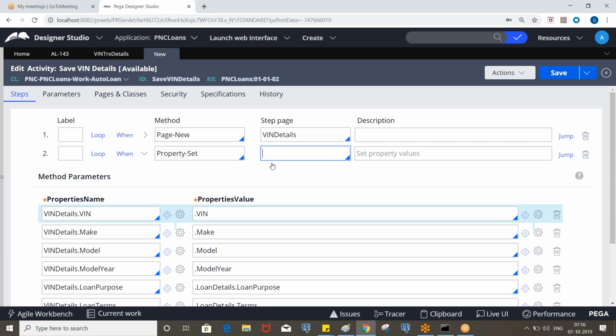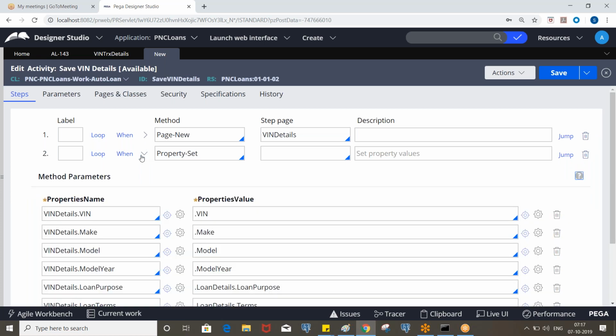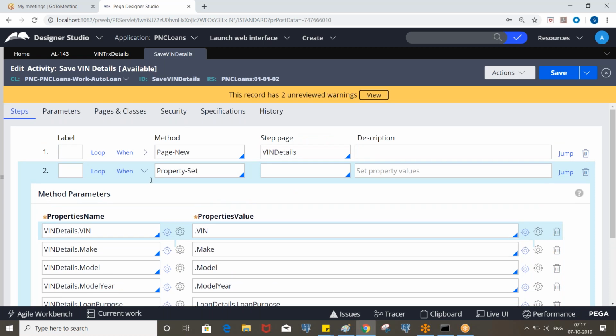So here we are using the page. Okay. And you specify win details, and here you can put primary dot win like that. Okay. Clear? So now we are going to invoke this activity in the utility shape. So utility is one of the flow shape, where we can invoke activity. Okay. So before that, it will take the win. So whatever the win we select, that will be assigned to this property in the win transaction details data class, right?